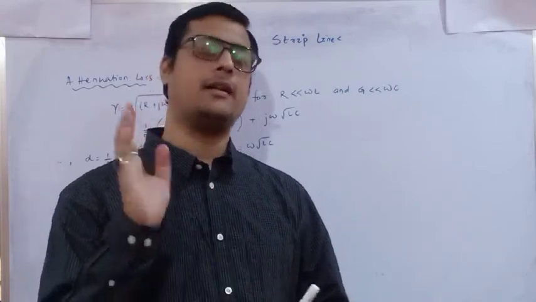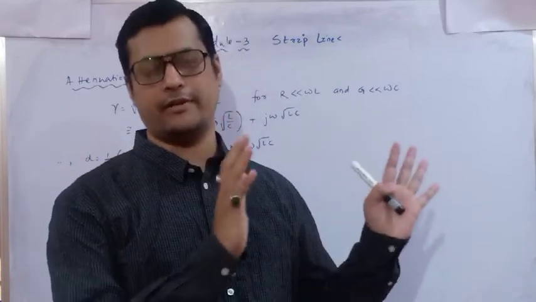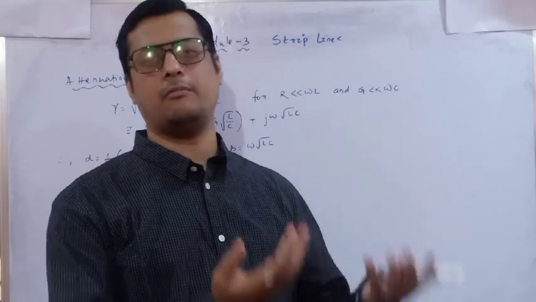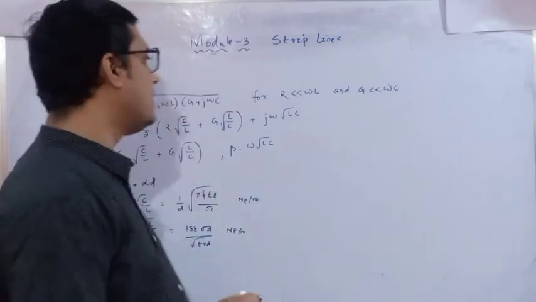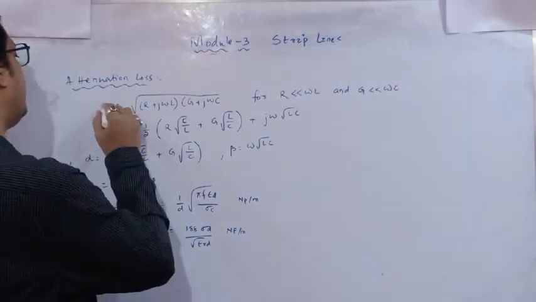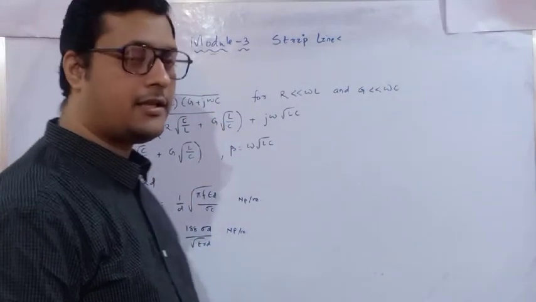Okay, and 1 Neper is equal to 8.686 decibel. What is the relation we have seen? So the same thing we are going to implement here also, but according to the lumped parameter. As you can see here, the most important factor is our propagation constant, because this propagation constant, if